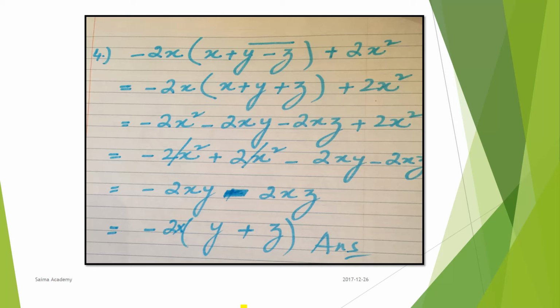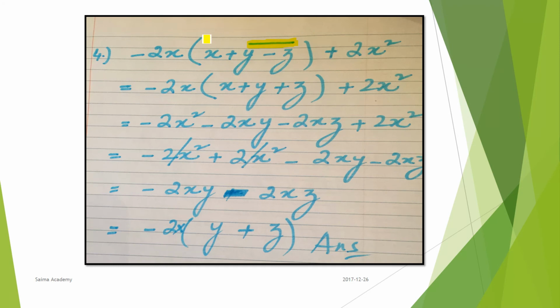Now we will discuss this question with the bar line. I told you that there are 4 kinds of brackets. The first one, the simplest one, is the bar line, and it is very easy to solve. See, the bar line is on x minus z. So how to solve this bar line? Whatever sign is under this bar line, if it is only 1 minus, it will convert to plus, and it means you have solved the bar line.